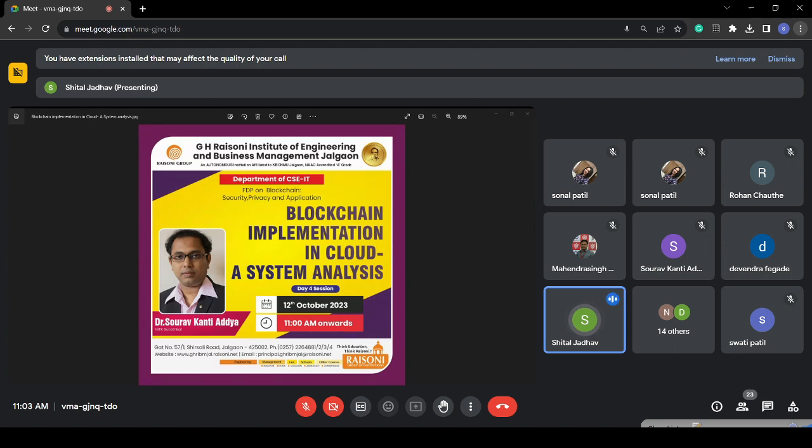Today we have participants from Gujarat, Madhya Pradesh, Chhattisgarh, Rajasthan, Karnataka and more, in all 57 participants. Today we are privileged to have Dr. Saurav Kanti Addya, Assistant Professor, Department of Computer Science and Engineering, NITK Surathkal, with us. Sir is an assistant professor at the National Institute of Technology, Karnataka, Surathkal, India. Sir received his PhD in Computer Science and Engineering from the National Institute of Technology, Rourkela, and he was a postdoctoral fellow in the Department of Computer Science and Engineering, developing efficient